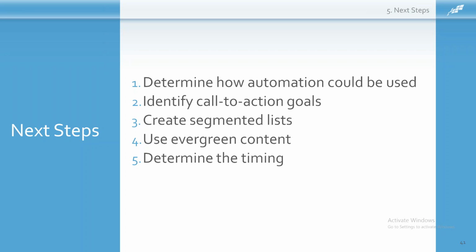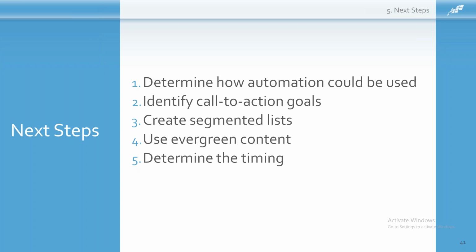All right, so just to recap, how you want to think about how you could use an autoresponder. First, identify your goals for new subscribers. When they sign up, do you want them to come to your store? Do you want them to redeem a coupon, download useful content? What is it? Identify your call to action goals. What do you want them to do? What do you want them to learn about what you do?